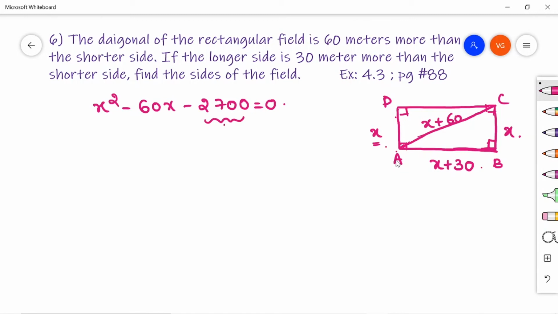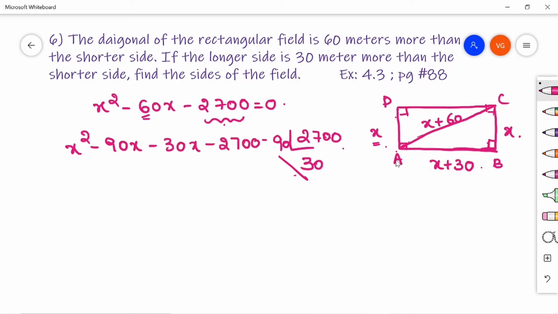Instead of that big number, just consider only 27 to get 6. So 9 threes, right, and 9 minus 3 is 6. So this is 90 and 30. You can take it like that also. That is simple, right? So minus 90x plus 30x minus 2700 is equal to 0. Minus 90 plus 30 is minus 60. Minus 90 into plus 30 is minus 2700, right? This is the rough work.